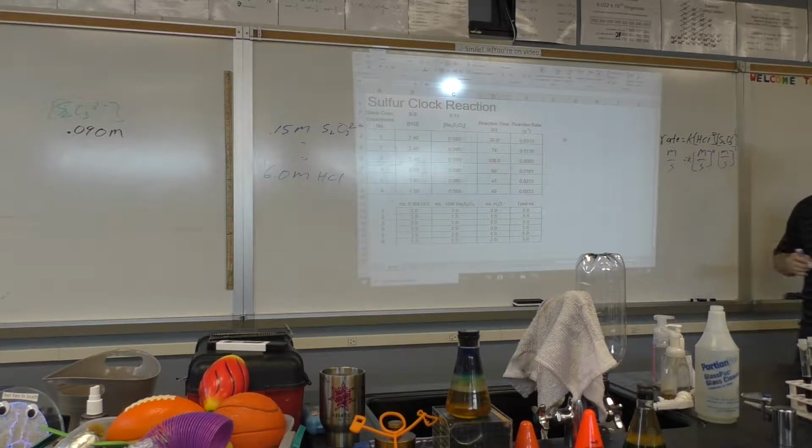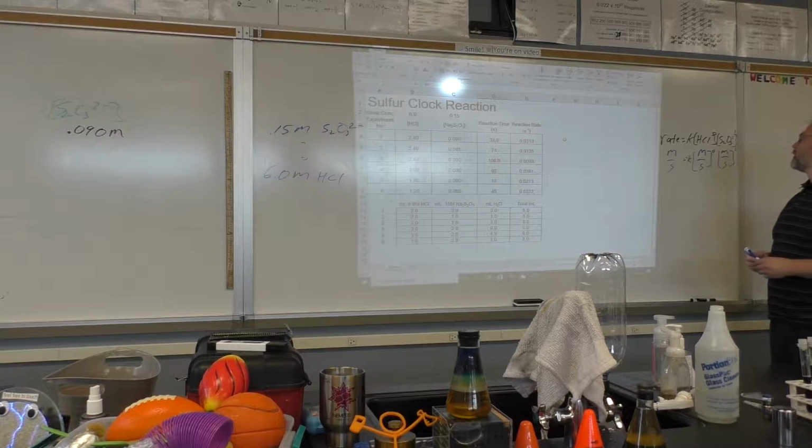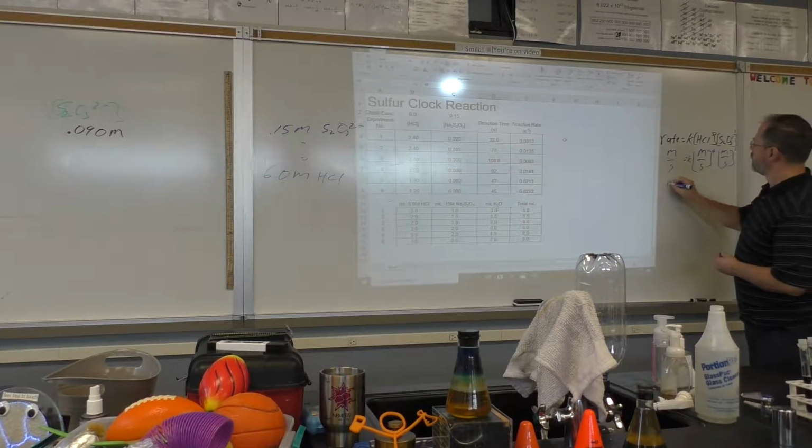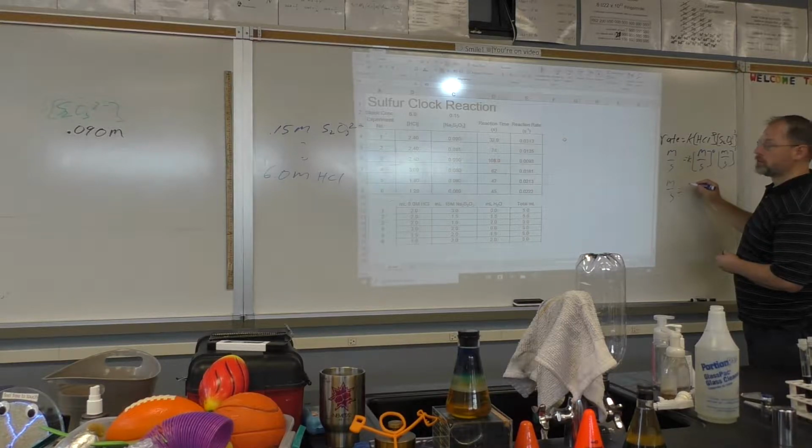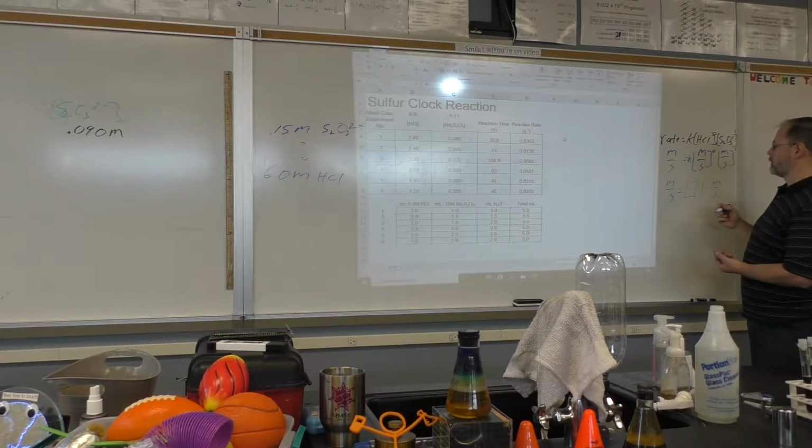So if it has an overall order of 1, how many M's are in the denominator? 0. So just take away 1 and drop it into the denominator. So this is just molarity per second equals something. This is 1. This is molarity per second. And this has to be something. So it's just